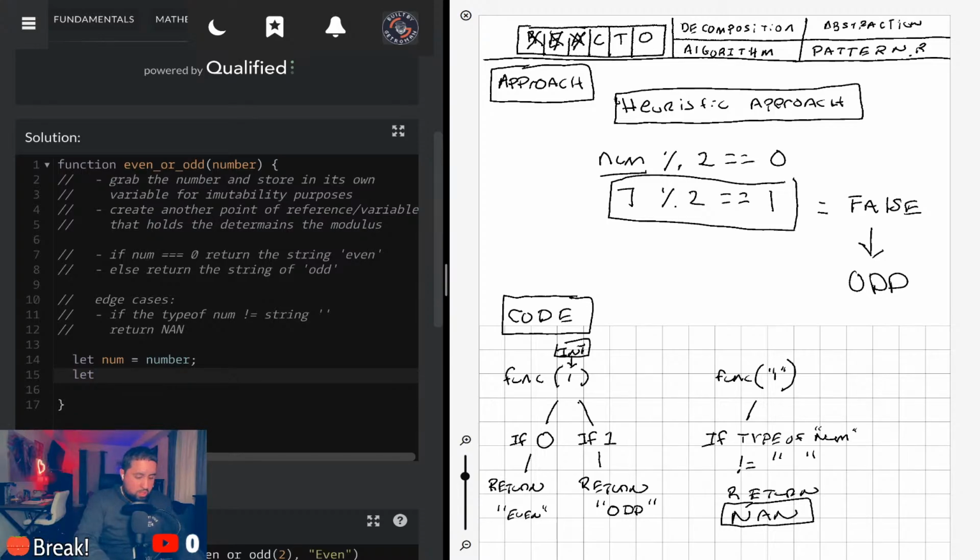So let's say is even or is odd. This is probably the worst variable naming convention. So I'm gonna say create another point of reference, and here is gonna be num modulus 2.